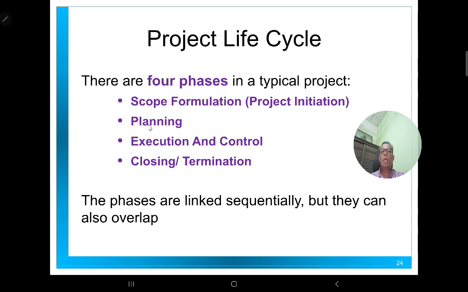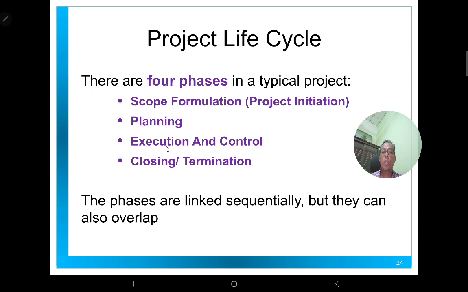The next will be planning. It's very important for you to plan properly, to identify what facilities are needed, the cost of the whole project, the number of people involved, and the skills needed in this project. So once you have identified the organization structure, the people, the facilities, the funding, the next step is the execution and the monitoring of the process to achieve the project.